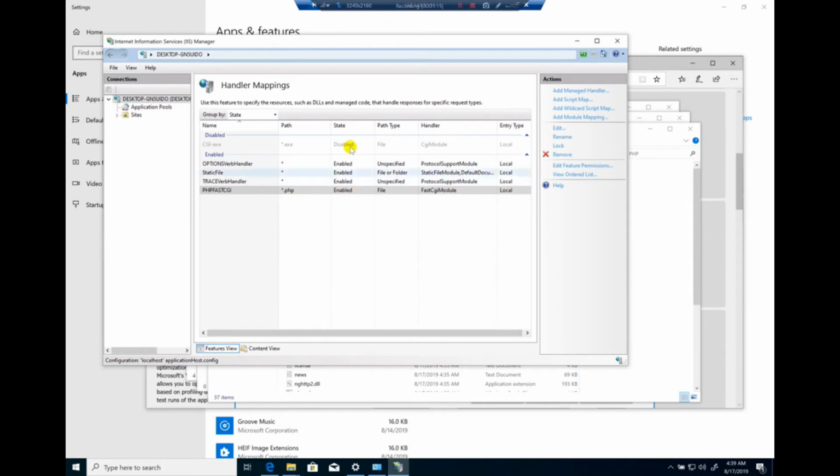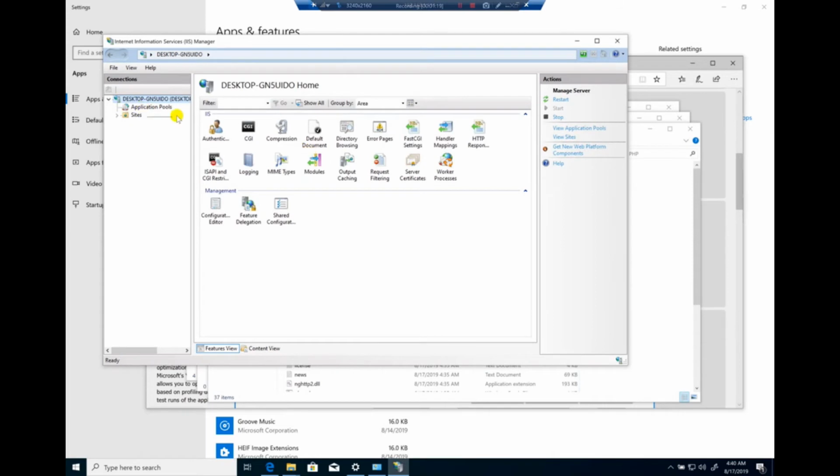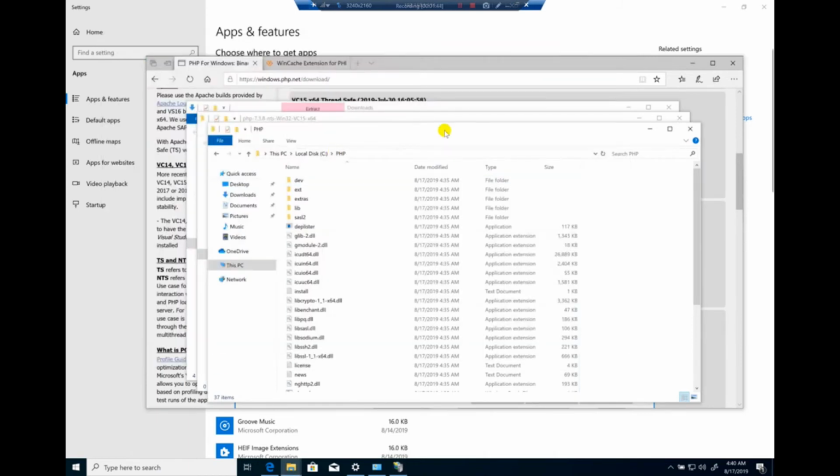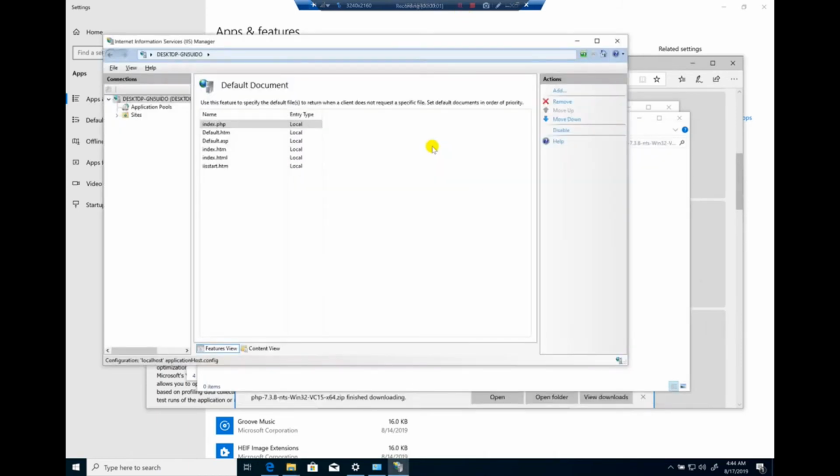And one more thing, just go to, again, select PC name here and go to default documents, and just add the PHP here. So we'll add index.php. Now we have the default page, and to test if it's working or not, we are going to create